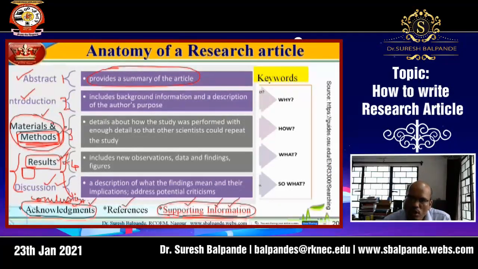Anyhow, this is nothing but the optional part, not necessary every time. But title, abstract, introduction, methods, results and discussion, conclusion, acknowledgement, again it is optional. Many times we do not acknowledge because if we have not taken any help, there is no need to acknowledge. But references, again it is very important. So these are the important sections of the research articles. And in each section you have to ask these questions to yourself and accordingly you plan it. One important thing in addition to this